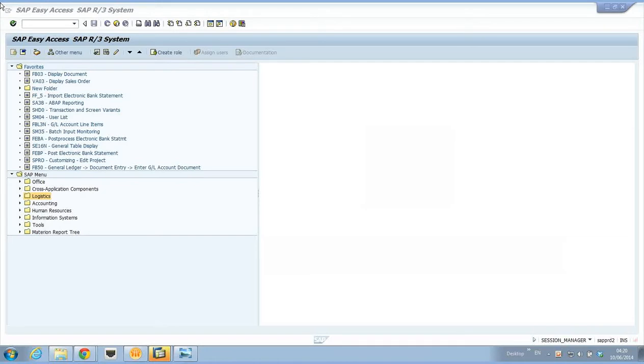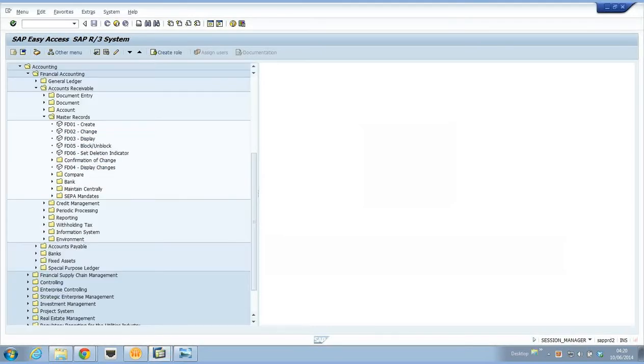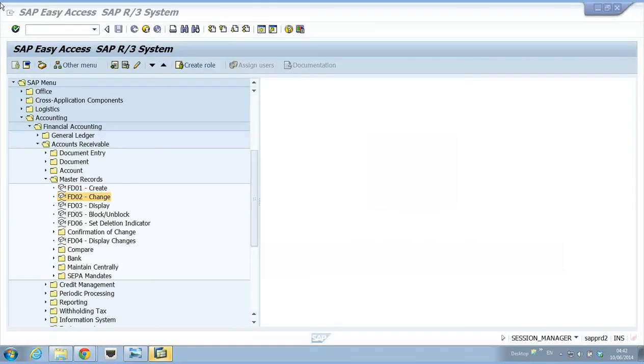There are three sets of transactions that we can use to access customer master data. The first one is in the accounting menu. So if we go to accounting in the main menu, financial accounting, we go to accounts receivable, master records. You can see here we have FD01, FD02, and FD03, which are used to create, change, and display customer master records. If I double click on